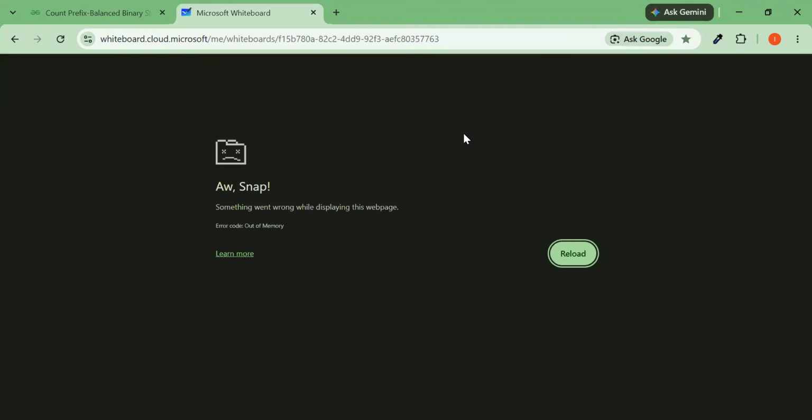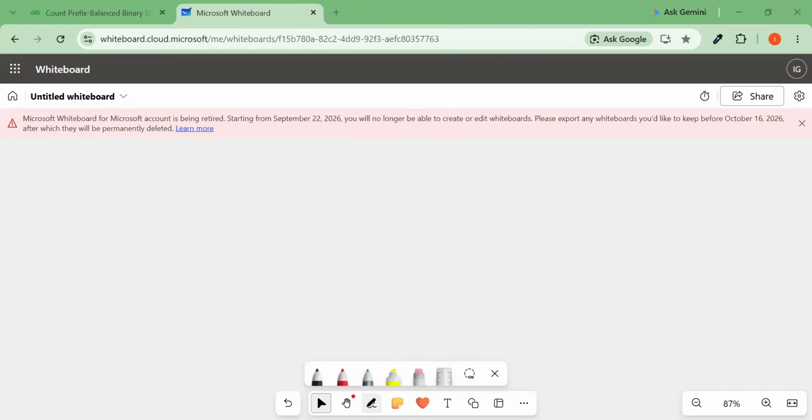So third optimization will be Catalan number. Okay. If you have not heard this term before, or if you don't know how to solve this, we are going to see in detail what the Catalan number is and how you are going to solve this. This is the famous problem, count prefix balanced binary strings, or you may have seen other problems also